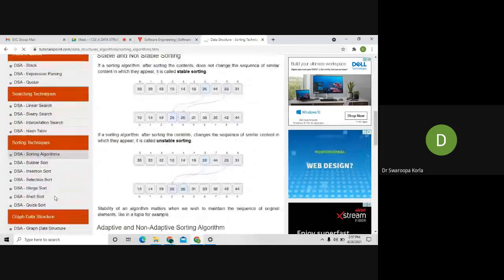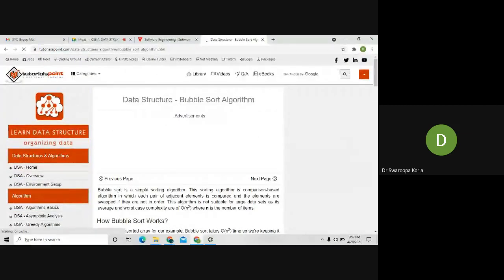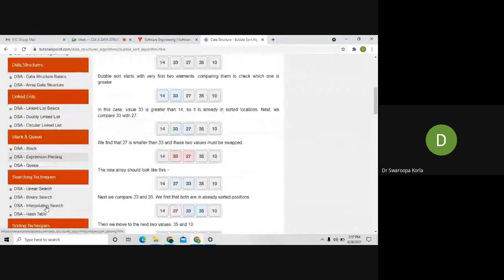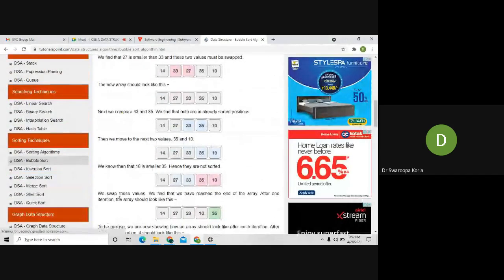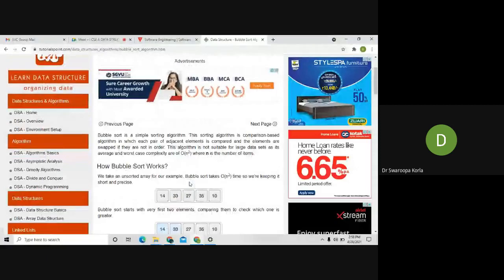We have a lot of sorting algorithms, and in many cases we depend on quick sort, merge sort, and heap sort. But these three are not in our syllabus. According to the syllabus, we first need to discuss bubble sort. Bubble sort is a general, very simple sorting algorithm. It is simply based on comparisons.